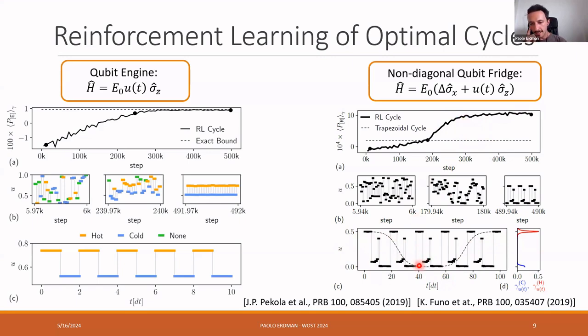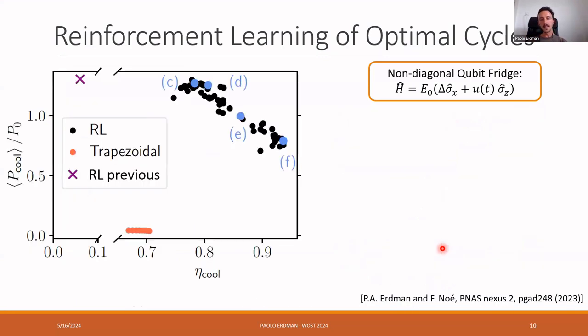And here we could show that this kind of additional strange jump that was found by the method actually mitigates this detrimental effect known as quantum friction. So in the end, we can interpret why this control can do better than, for example, the trapezoidal one that was previously proposed. And since I was mentioning trade-offs earlier, we computed here the trade-off between the cooling power and